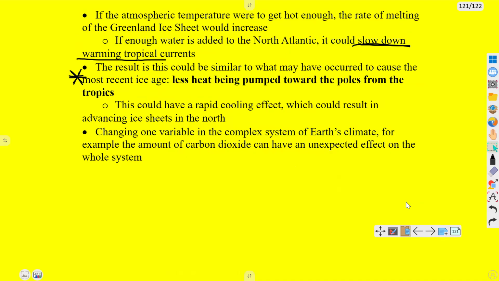This will add more water to the North Atlantic, which can then slow down those warming tropical currents we talked about in the last video. That means less heat is getting pumped towards the poles from the tropics. This could have a rapid cooling effect on the poles, which could now result in advancing ice sheets in the north. And so this is just one of the many variables that illustrates how Earth's climate is a